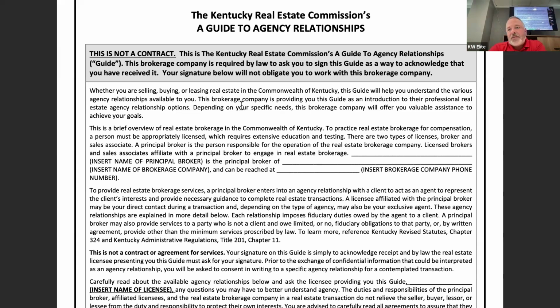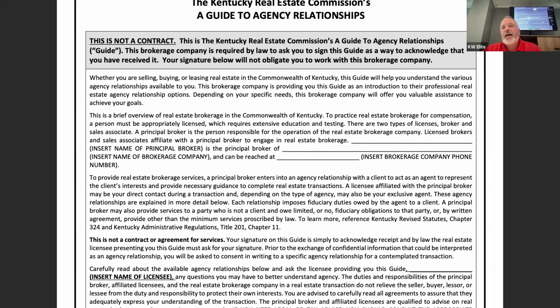This is a great way to build a relationship because it's non-contractual. It allows you to enter into conversations with the person while they're still not necessarily a client of yours, meaning you haven't had a signed agreement. And what I found just in my personal experience is the more documents you get signed, the more comfortable people get with you, and the more likely that they would be willing to enter into a business relationship with you, if you will. So first thing about this is a couple things, and again,